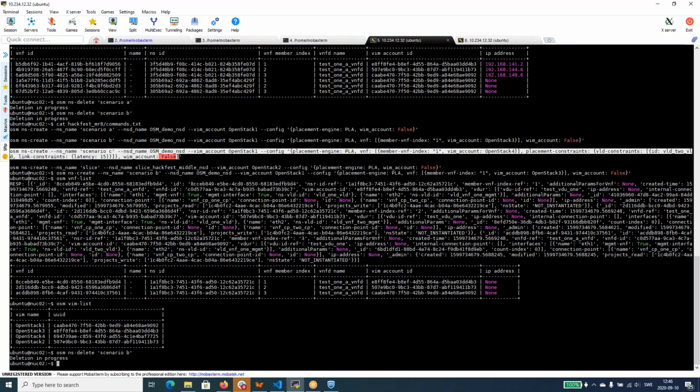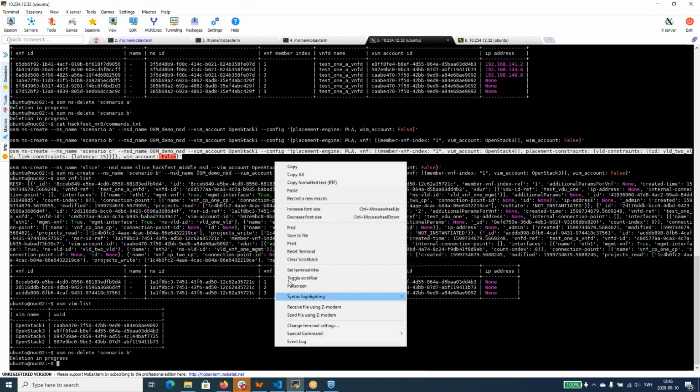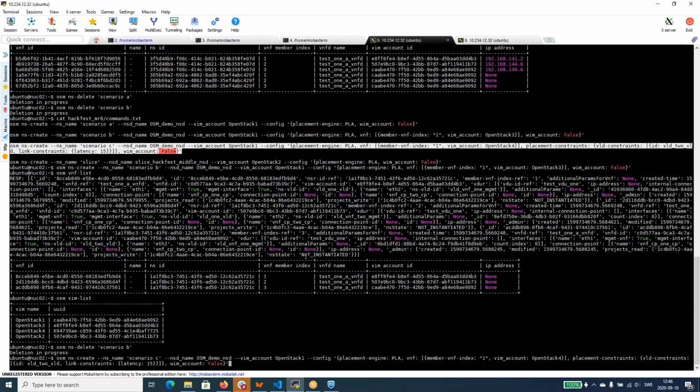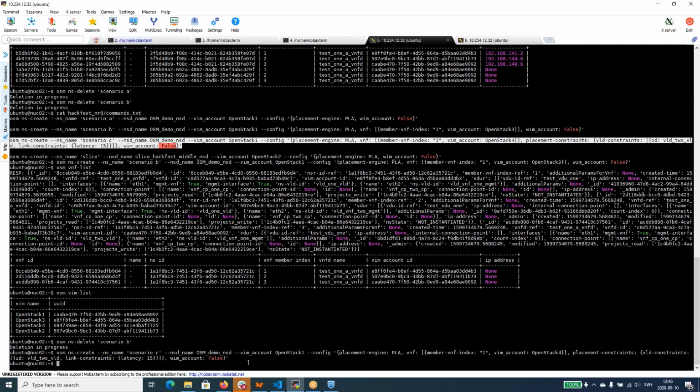So if we look into that situation like so, we have now a different scenario. We pin this, but to a different VIM. We now place a bit of constraint on one of the virtual links and say that latency has to be better than what we have here. And then when we run that,